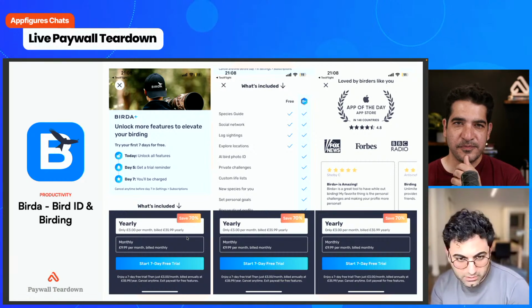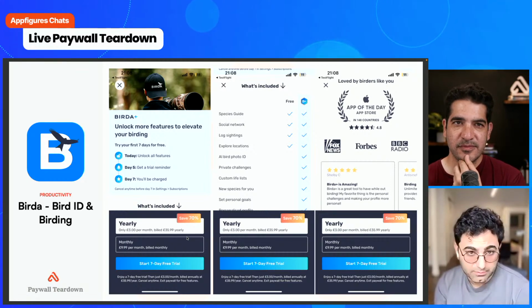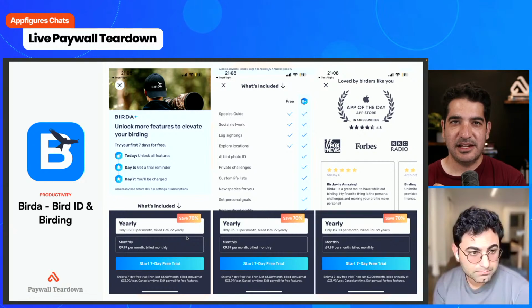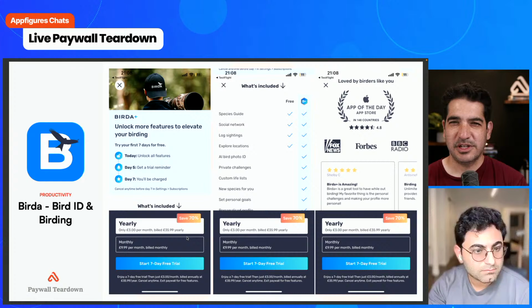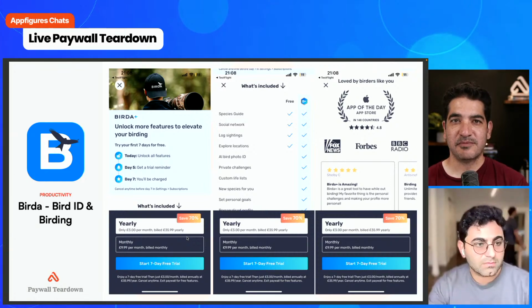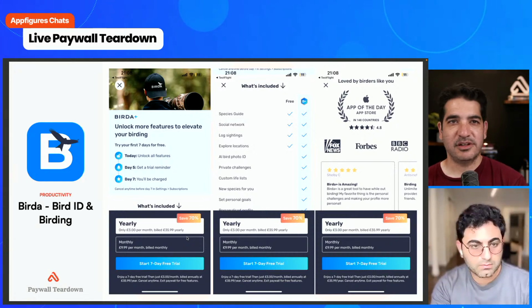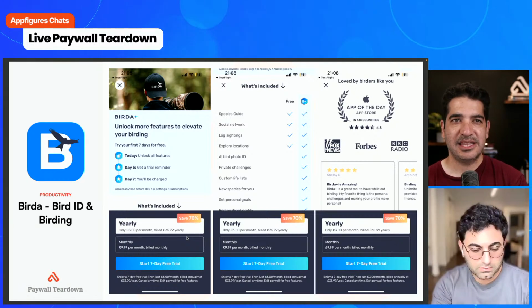Agreed on all fronts. But overall, I think it's a pretty good paywall. I like that it's light, and I like that it has a little bit more contrast. The button's questionable, but everything else is pretty straightforward. I also like blue in general, but blue and the white, I think they work.